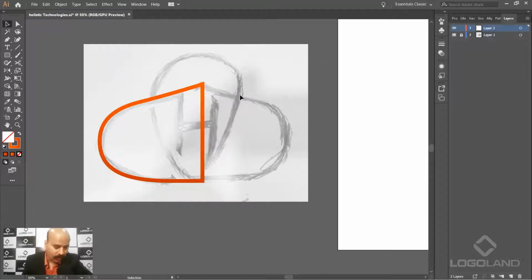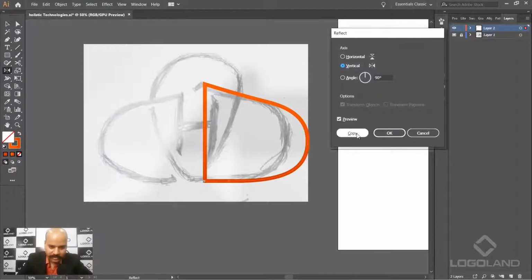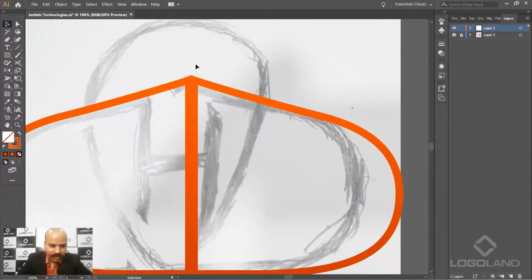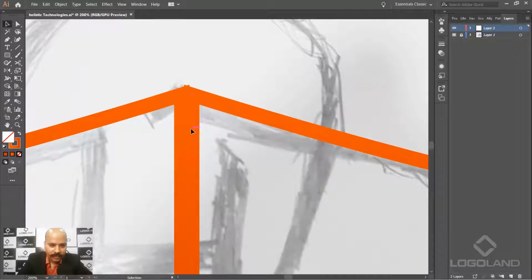So I'm not going to create it manually. What I'm going to do is reflect the already designed part. So I'm going to select this one, then press the O key on your keyboard to access the reflect tool. While pressing the Alt key, just click here on the center and then click copy. So I think it has been a little off. So try to match